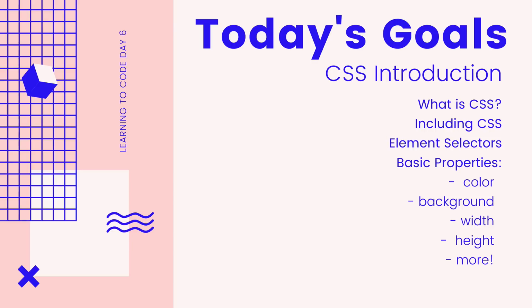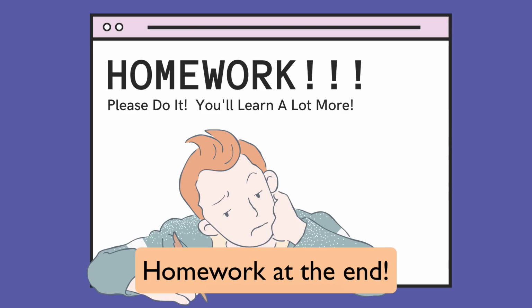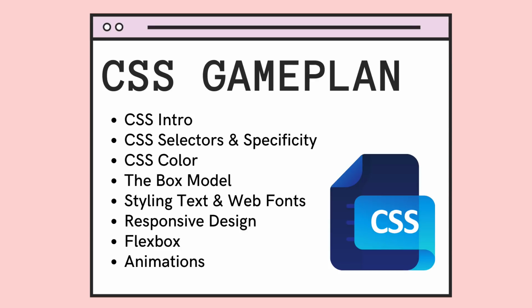We need to talk about what CSS is, how we actually include it. There are multiple ways. We'll start writing some. We'll learn about element selectors and some properties like color, background, width, height, and there's a bunch more we'll take a look at. But then tomorrow, we're going to focus more on CSS selectors and specificity, the cascade, and then